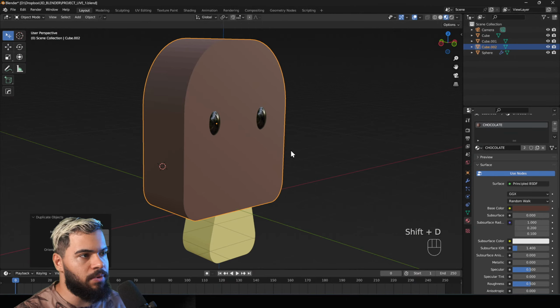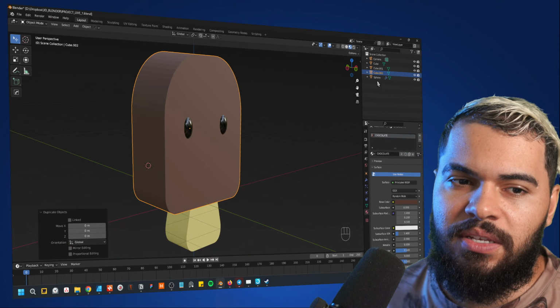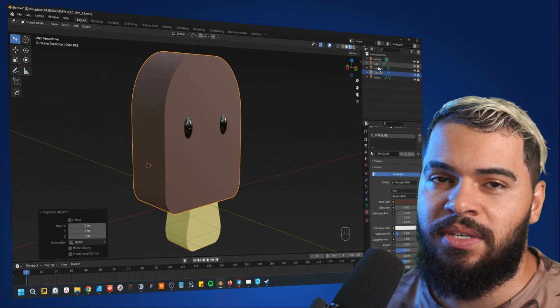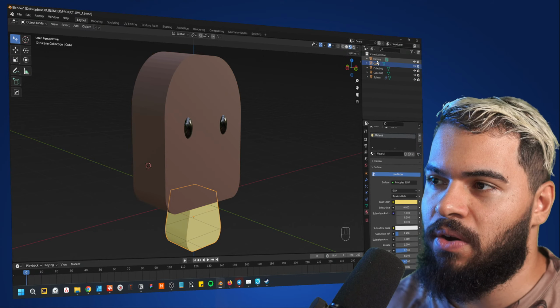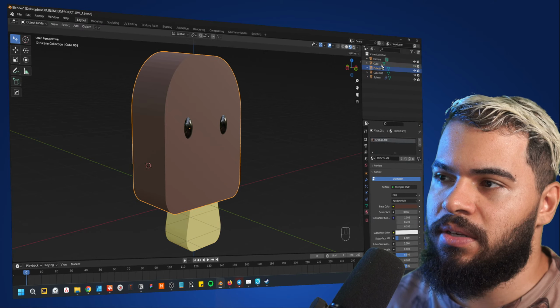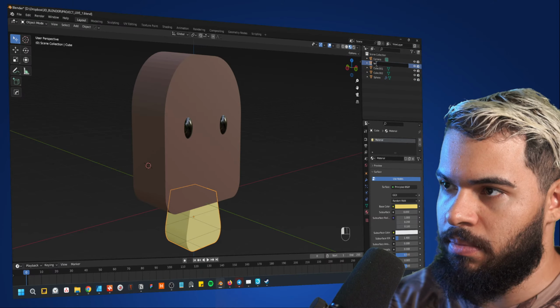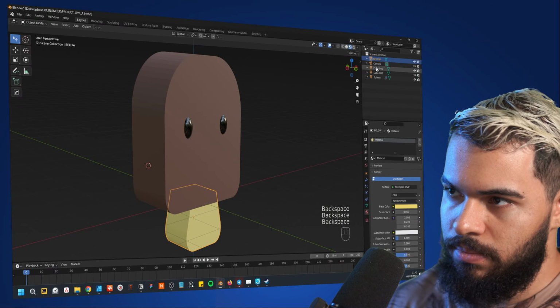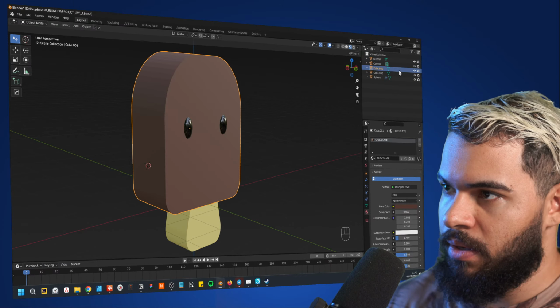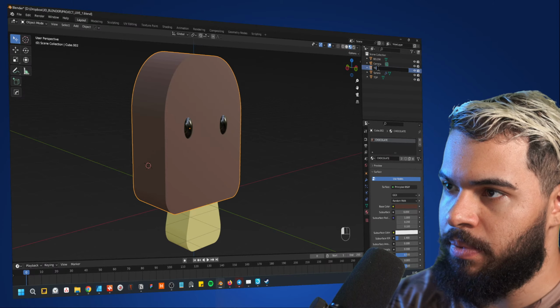Okay, because I want to make a backup. I'll be honest with you about one aspect of using Blender. The layer system is a bit messy. It's not easy to use, but just to give you some context, here we have the layer system of Blender, and it gives a name to every shape that you create. Below is the top part, and then we have the backup, top backup.